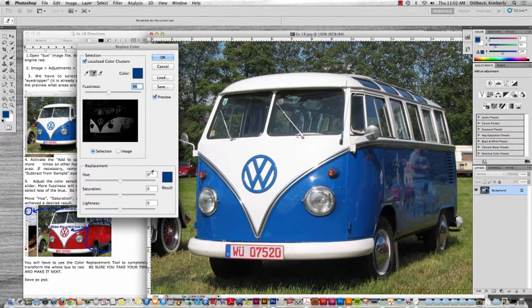Now to see what you're actually doing, we're going to change the hue from blue to red. And hue is just a fancy word for a color. So red is a hue, blue is a hue. So we're going to drag that over, and there's a nice red that's over on the right. And you can decide if you want it to be orangey red or more pinkish red or more blood red,